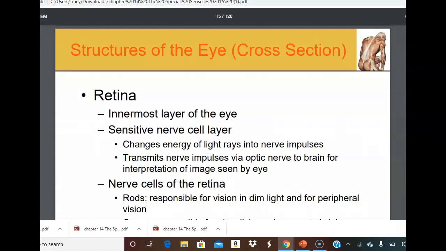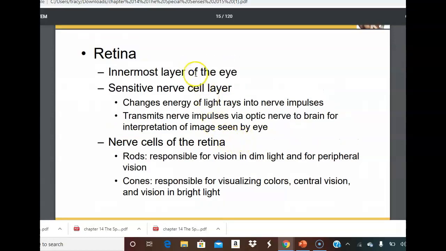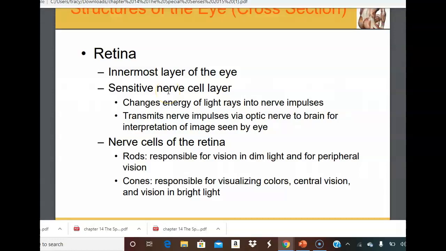Now, the retina is the inner layer. It's the innermost layer of the eye, and it's important because it has all of the nerve cell layer for the eye. There are special nerve receptor cells called rods and cones. It is the combination of how those are stimulated and what particular color is triggered that allows us to send signals from those specific nerve cells through the nerve to